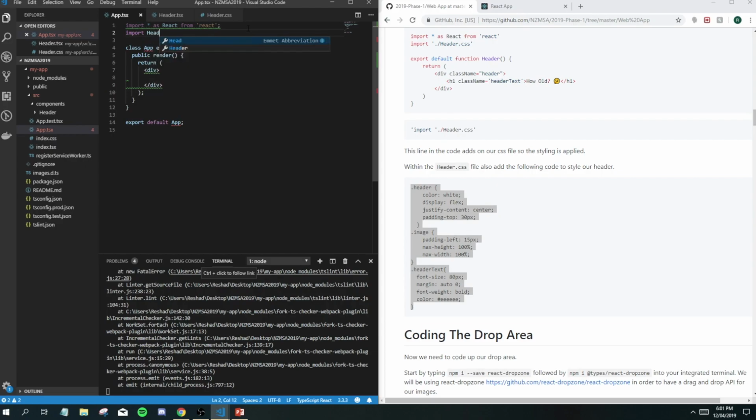If you want to see that, we can go into App.tsx and import Header from, and now we have to give it the path, so /components/header. Here we can call it, so we call Header, and it's self-closing because we have no props to pass in, which is like an input to a function. So now we just have Header, and if we save this, then